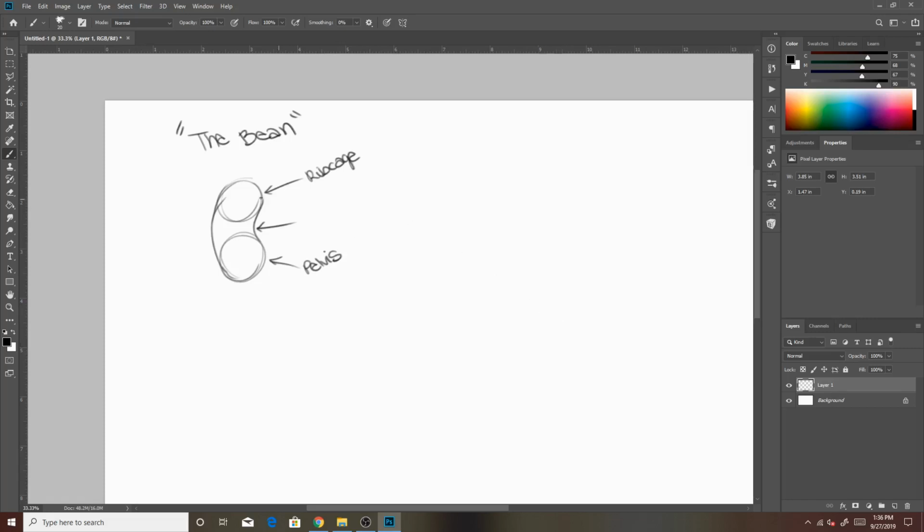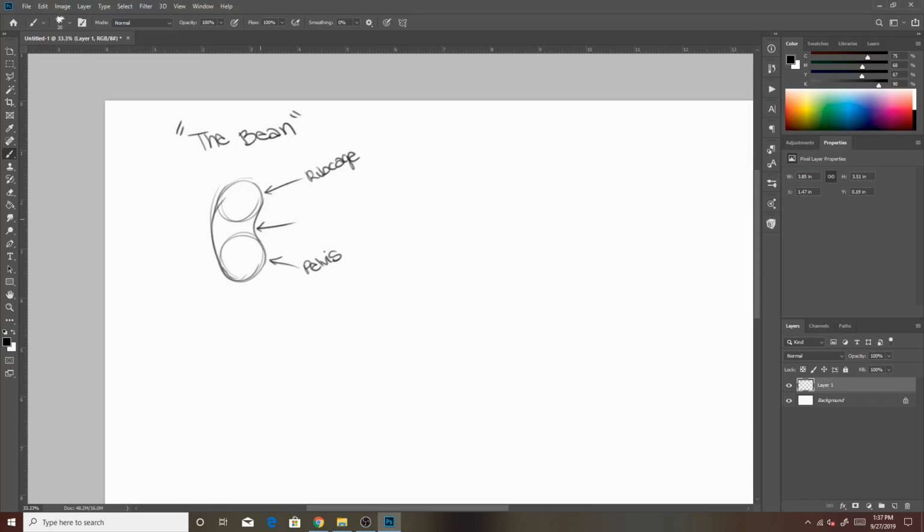And basically with this simple structure you can build any sort of human body, and that's actually what we're going to be mostly focusing on today, is how variations of the bean can be used to develop all different kinds of body types. Now, when I'm drawing the figure, I need to point out something really quick,